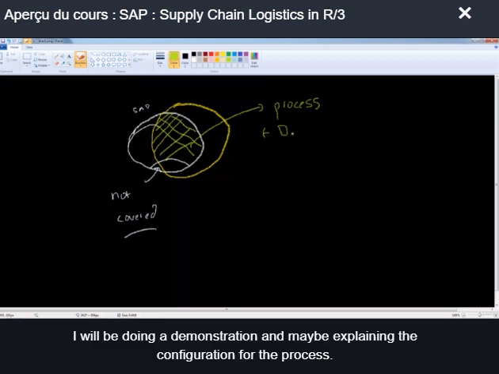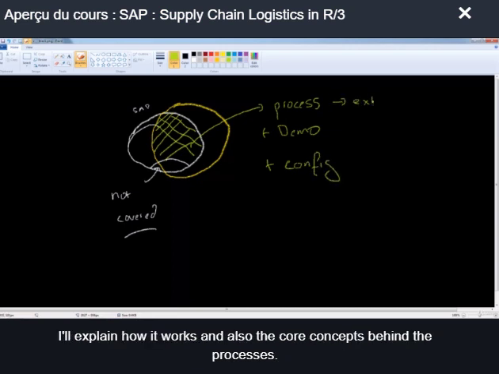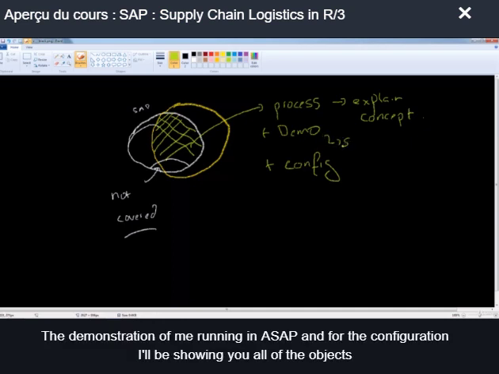I will be doing a demonstration and I'll be explaining the configuration. For the process, I'll explain how it works and also the core concepts behind the processes. For the demonstration, I'll be running it in SAP, and for the configuration, I'll be showing you all of the